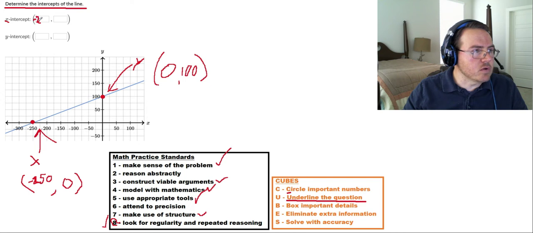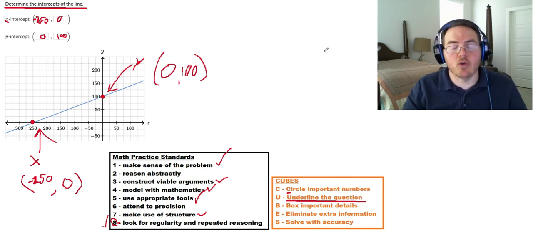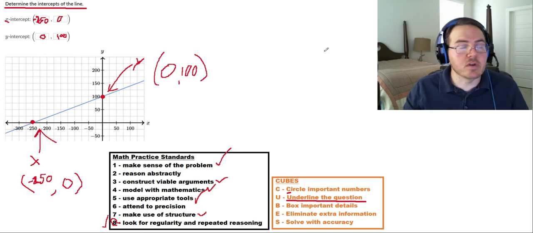R2 is so hard to draw. Negative 250 and a 0. And then the y-intercept would be at 0, 100. Okay. Well, there you go. So when you're trying to find the intercepts by looking at a graph, all you have to do is find where those lines are crossing the y-axis and the x-axis, and making sure you put the numbers in the correct slots because they will try to trick you on that.